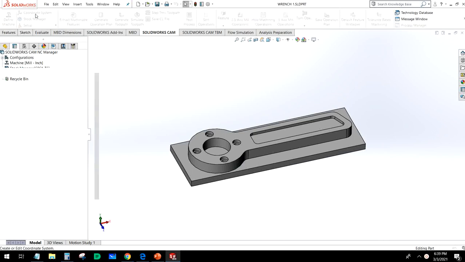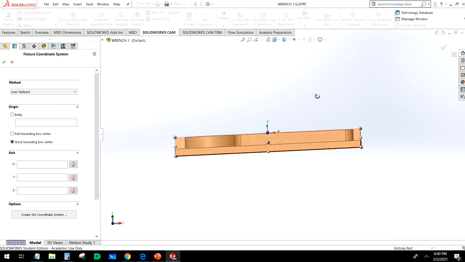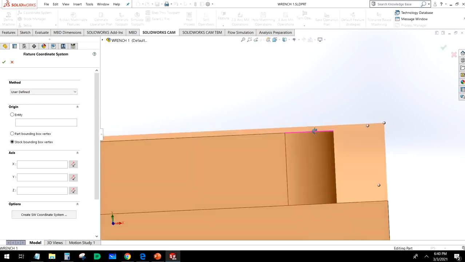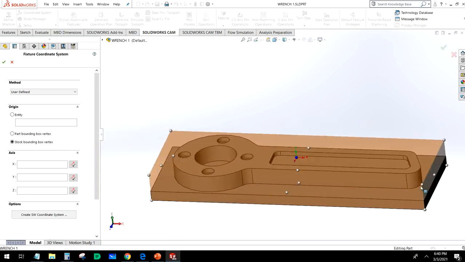For our coordinate system, usually we do part bounding box vertex. We're going to change that to stock because we're going to be using stock that is slightly oversized. We won't have the ability to zero off of the part bounding box vertex because that's going to be slightly below the surface of our part. You can see that here. We're going to be adding about 25 thousandths to the top of this so that we can come through and face this off. So we're going to use stock bounding box vertex,